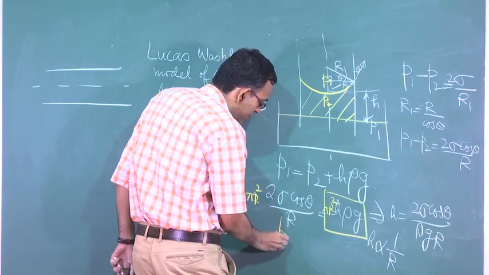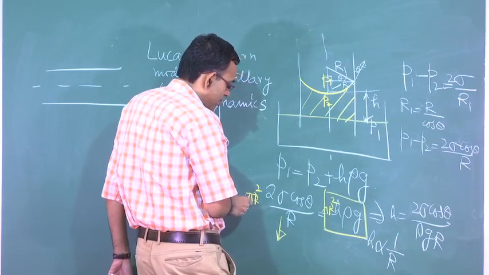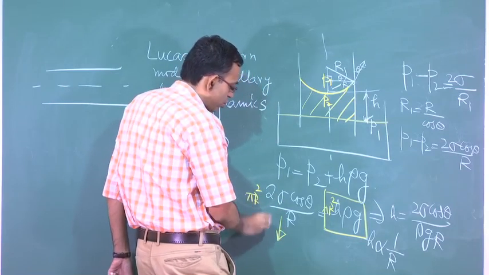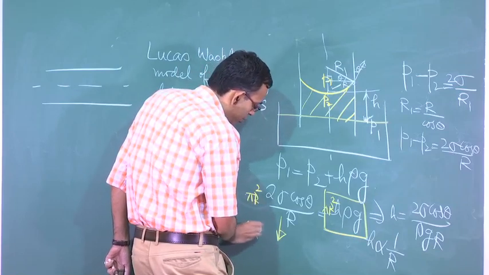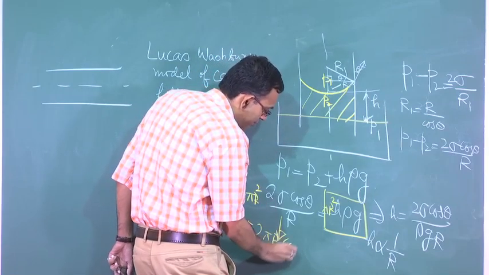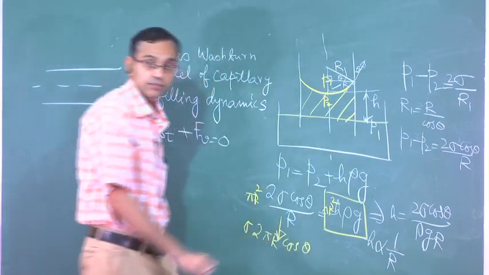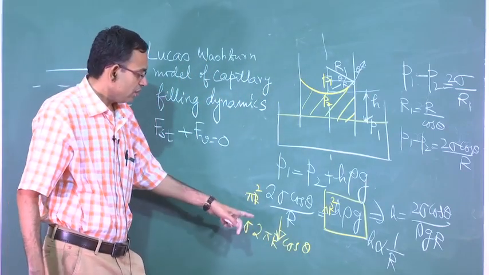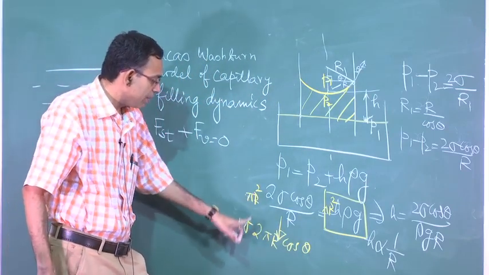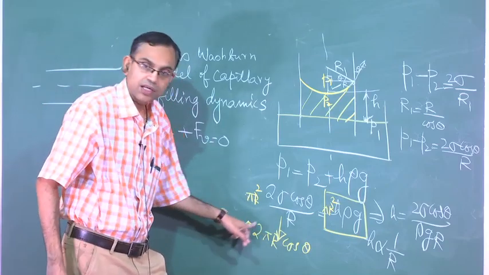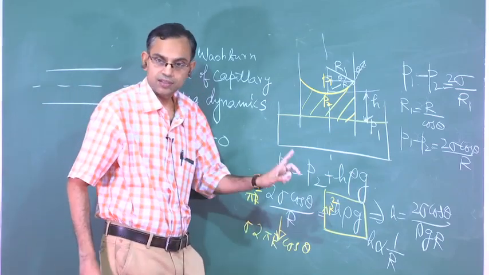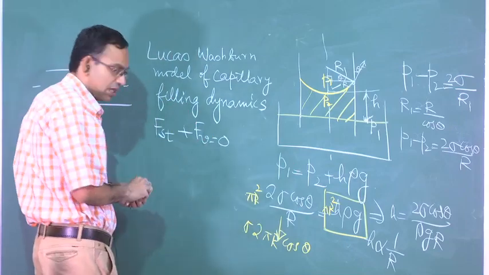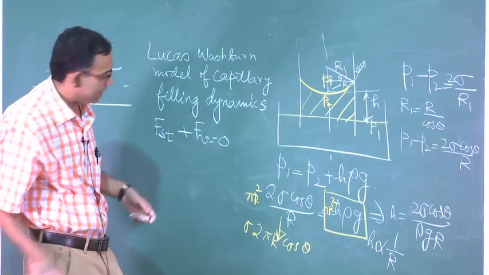So, what is the surface tension force? So, that is the left hand side. So, that is 2 sigma into 2 pi r cos theta. So, for any geometry it is sigma into perimeter of the cross section, which is 2 pi r into cos theta. So, F surface tension we can write